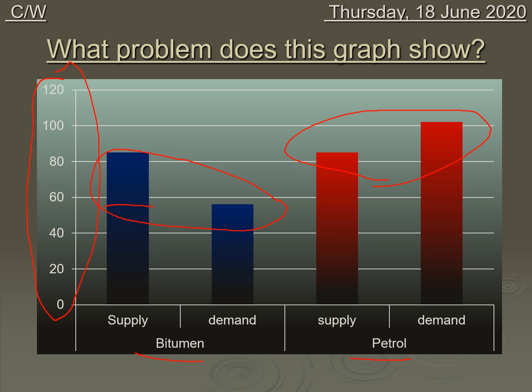However, petrol, that's very useful. You notice that the supply here is rather less than the demand. So the problem this graph shows is the fact that we tend to get quite a lot of the less useful long-chain alkanes, at least more than we need of them, but we don't get quite enough of the short-chain alkanes. You could argue, of course, that any short-chain alkanes that we burn as a fuel is too much because burning fuels is bad, but this is more the current world rather than how it ought to be.